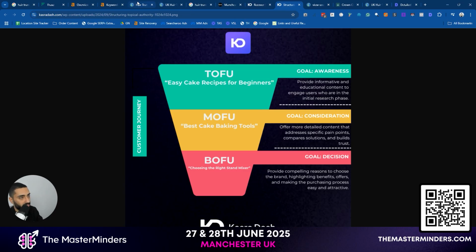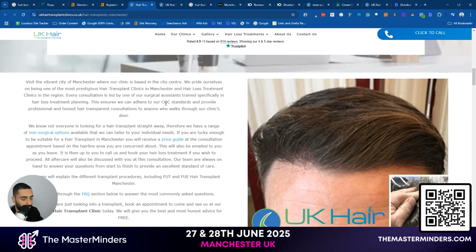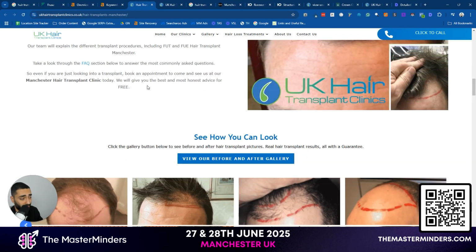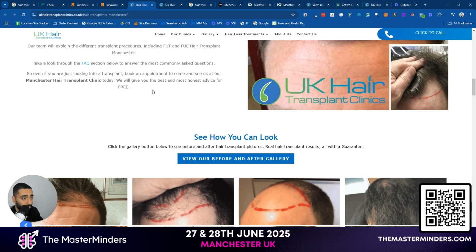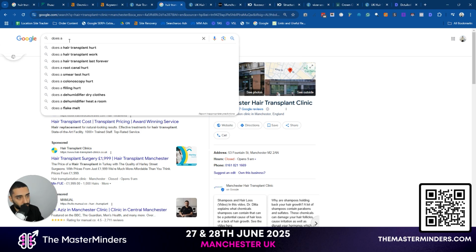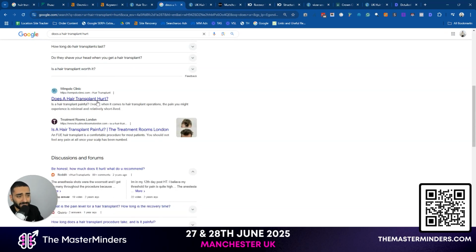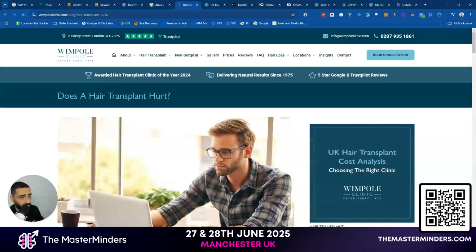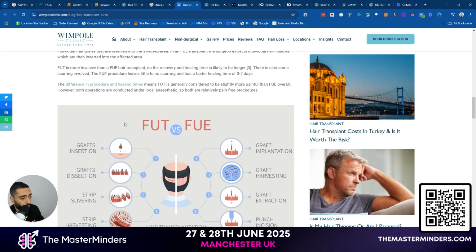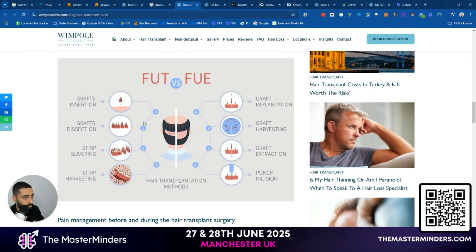covering all the phases. For example, if I was going for a hair transplant, a question that I will naturally have is, does hair transplant hurt? And again, if you're not seen as a knowledge base in Google's eyes, it's very hard for Google to trust your website and rank your website higher. For example, if I search, does a hair transplant hurt? This is a completely different blog article that people have done, like, I don't know, 5,000 word or 1,000 word articles on. So if you can actually cover all of that,